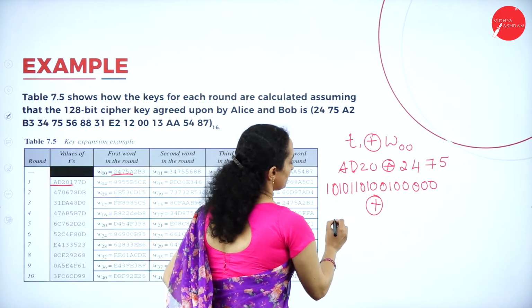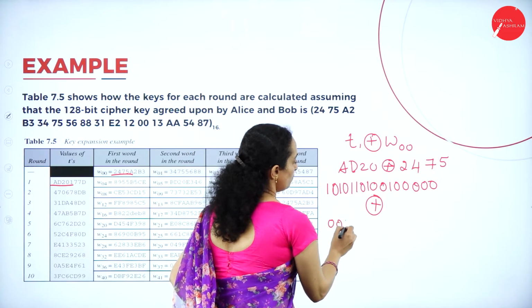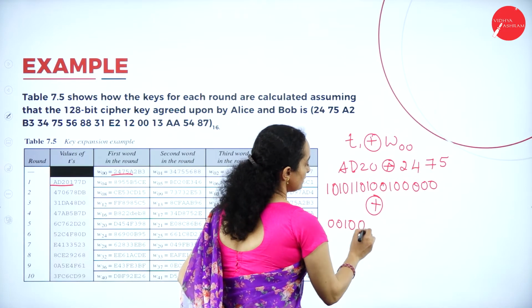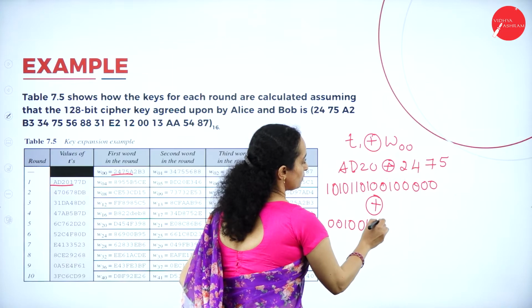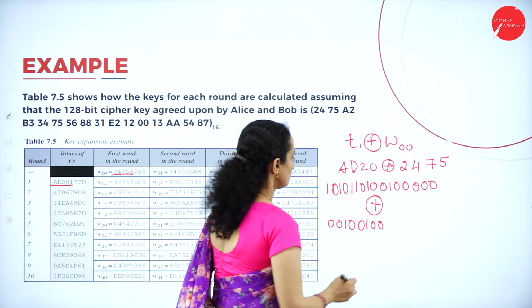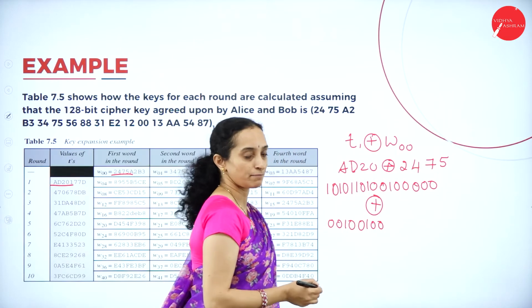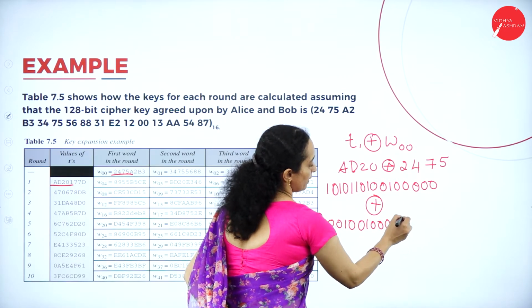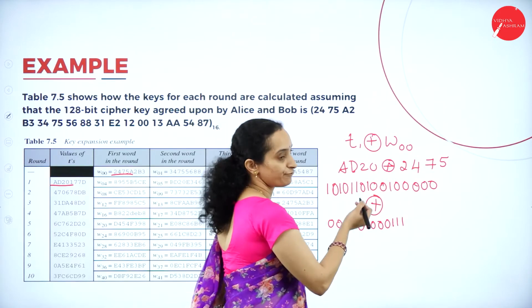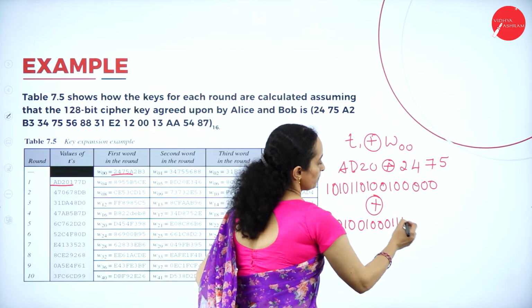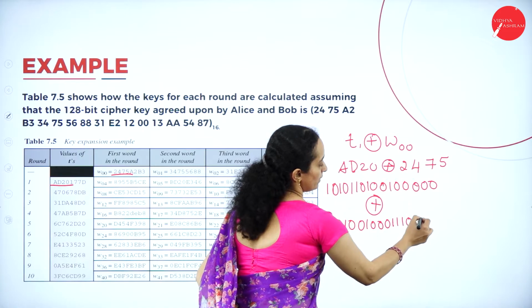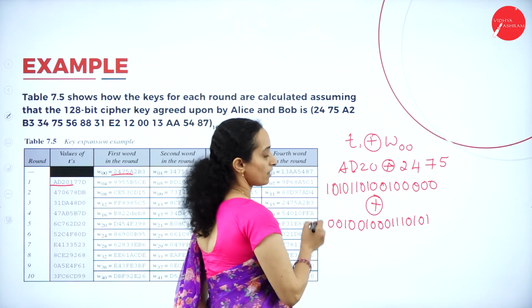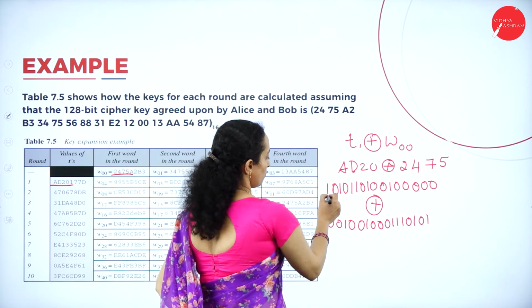2475. 2475 can be 0 0 1 0 representing 2. 4 can be represented as 0 1 0 0. Then 7 can be represented as 0 1 1 1. Then 5 can be represented as 0 1 0 1. Isn't it? When you XOR these, okay,